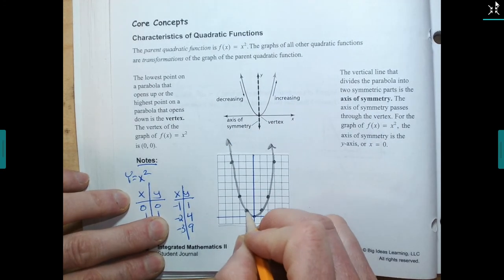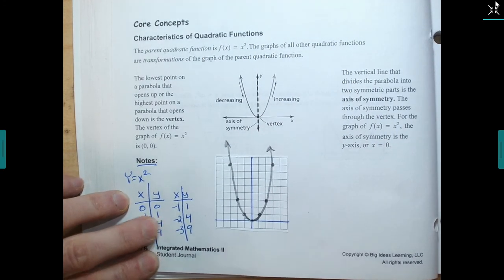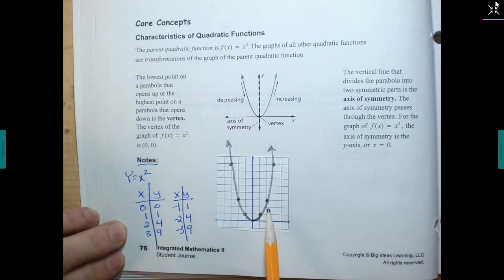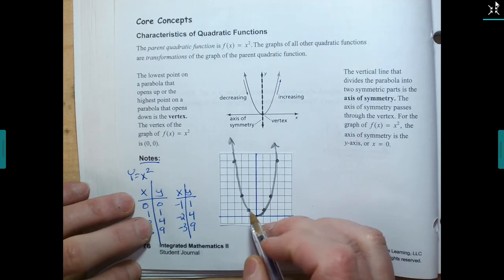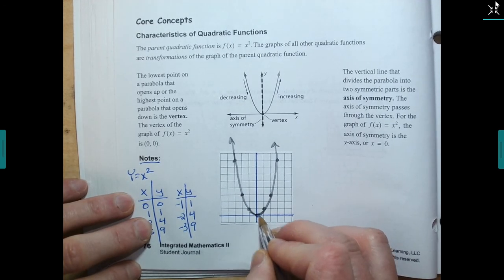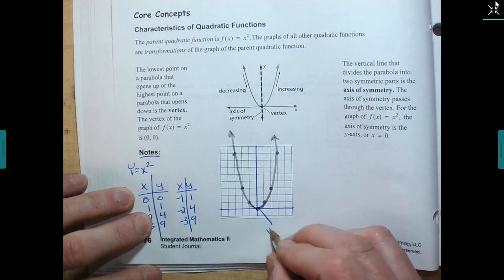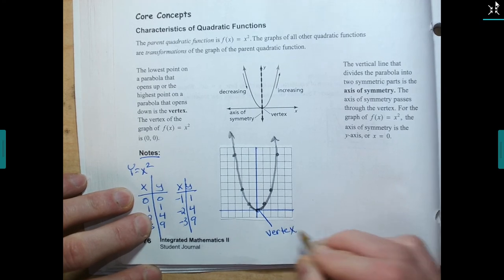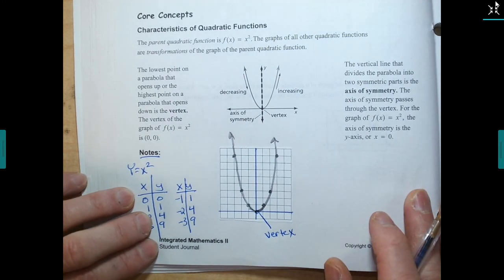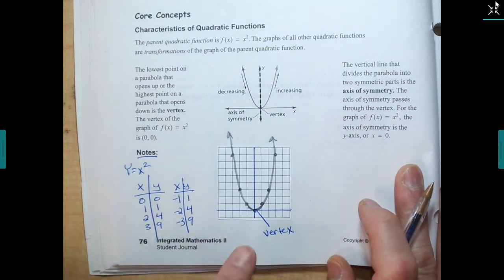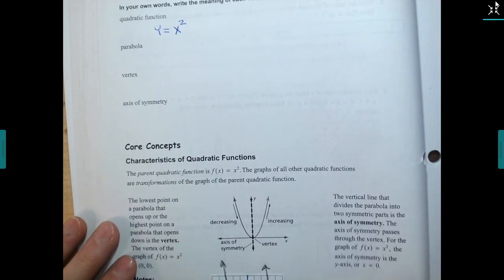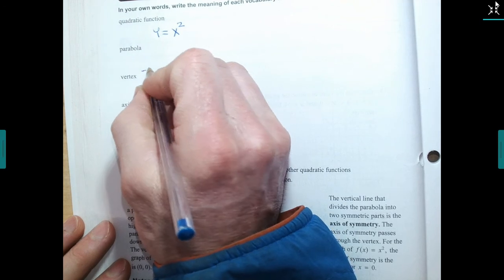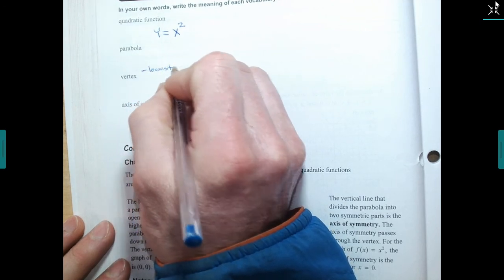So this right here, you notice that's not a point. I made it rounded. That right there is a parabola. And this point right here, that is your vertex. So how do we define vertex? Well, in an upward facing parabola, the vertex is the lowest point. So vertex is lowest point